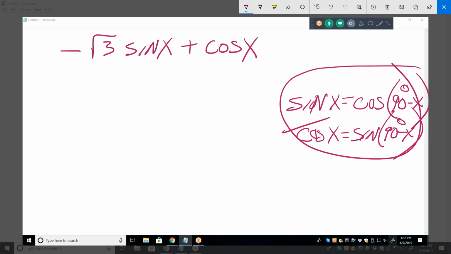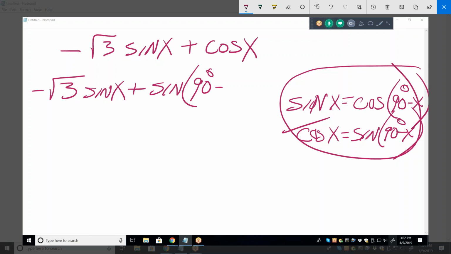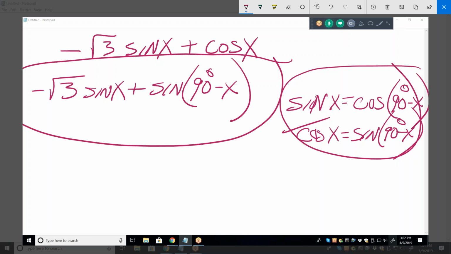So let's use that one and rewrite this thing. Yes, sir. Plus what? Plus the sine of 90 minus x. And that was the instructions, right? Just write it all in terms of sine? Write the expression in terms of sine only. Yeah, that's what we've done. Now,